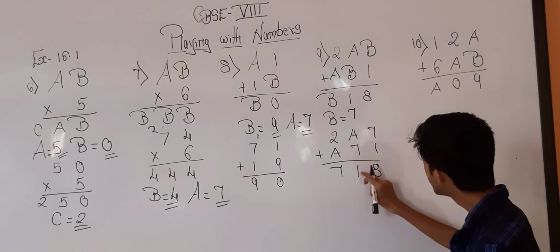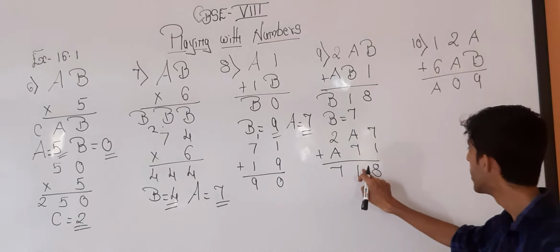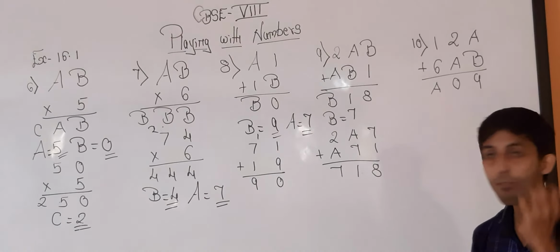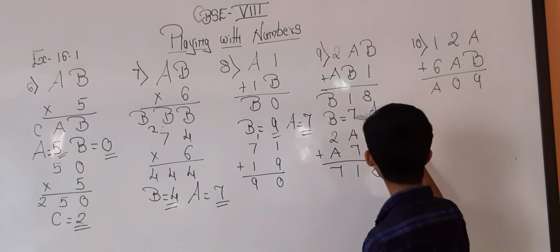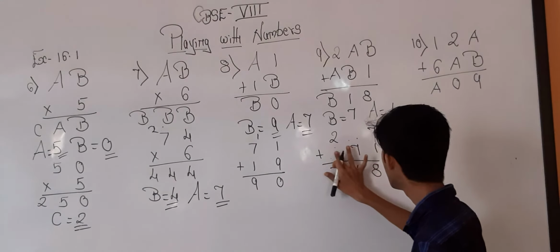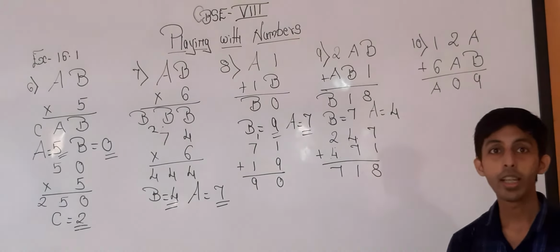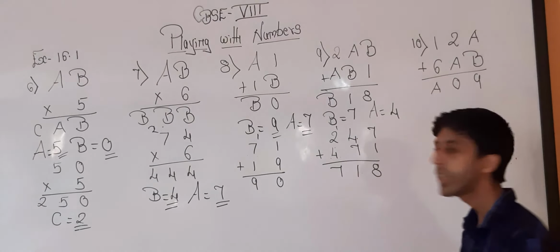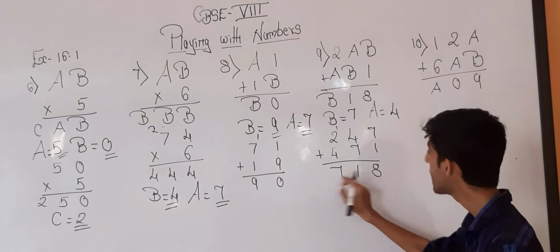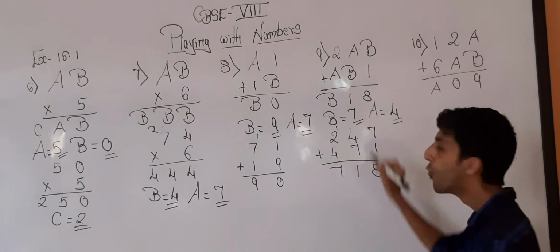Now, this one means what? This one means 11. So 11 minus 7. So 7, 8, 9, 10, 11, that is 4. My A value will be equal to 4. Now see how it is. Instead of A, I will write 4 over here. 4 plus 7, 11. 1 will be carried. 2 plus 1, 3. 3 plus 4, 4, 5, 6, 7. My B value is 7. Value of A is equal to 4 over here.